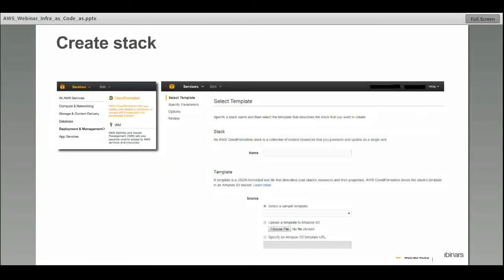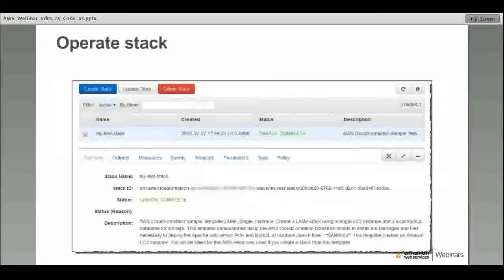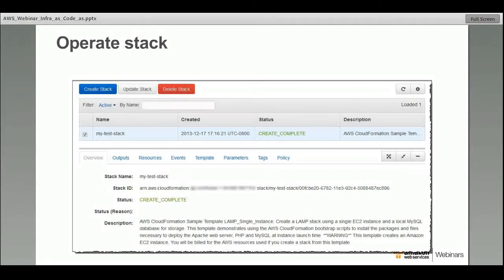Here is a screenshot of the CloudFormation console. You can upload the template, and you specify the parameters, and then CloudFormation goes and creates a stack for you. And then you get a dashboard for the stack or the service that you're running as a CloudFormation stack. And it has things like the outputs that you want to be exposed out of the stack, the events, which is a log trail of the order in which the resources got created in the stack, and any tags that you might have for things like cost allocation.